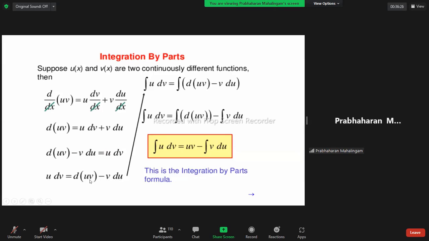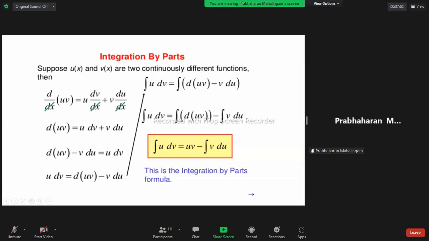Why do we want to do this? After that, you put the integral sign everywhere. First you put u into dv in front of this integral sign, equal to integral sign here, minus integral sign again. You see, integral sign here. Why is the integral sign not here? Integral sign into d equal to 1. So that is the integration law, integration policy. Integral sign into dx, what is the value?